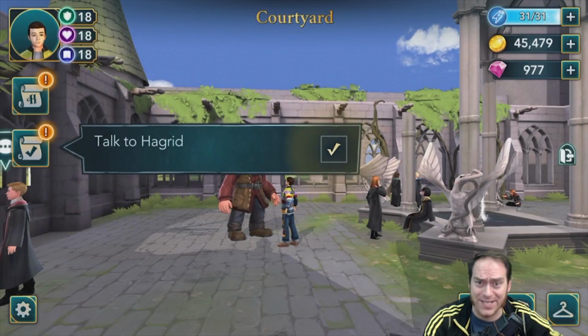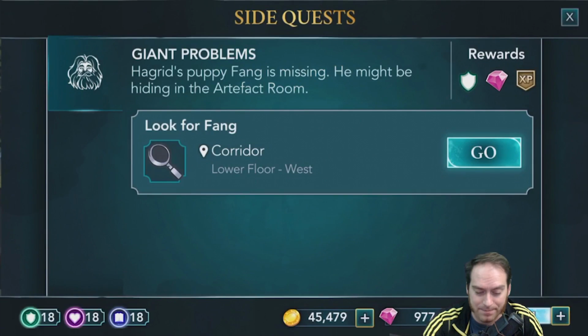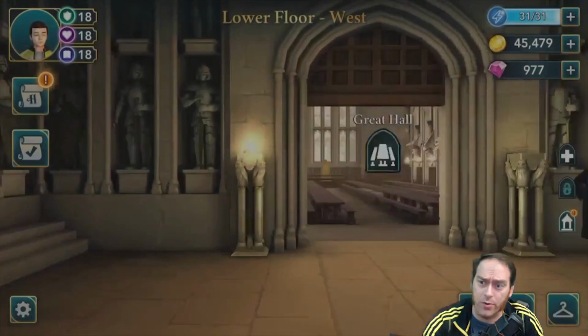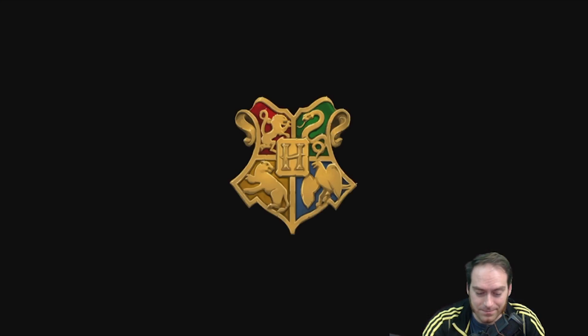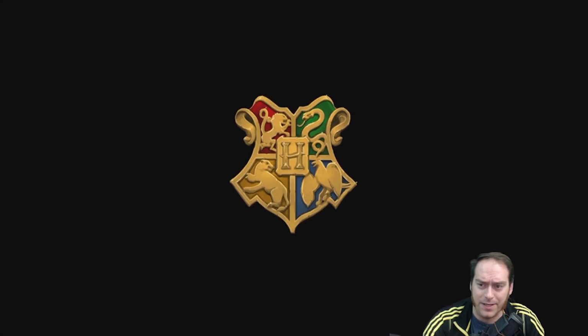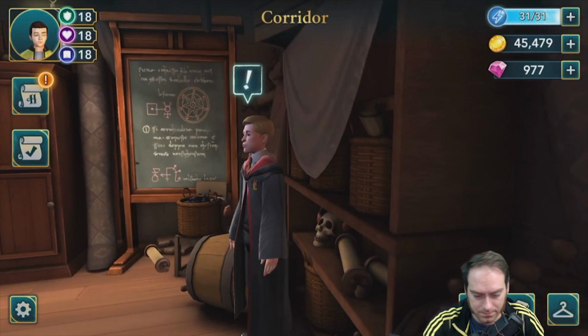That's a lot of busy work to do. How are we gonna do that? I guess one at a time. Let's go in the corridor and look for Fang. Yeah. I should probably be doing a class, but there's a puppy side quest, so...